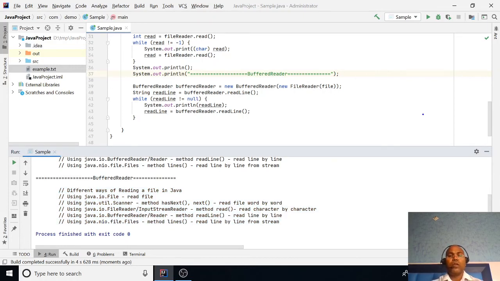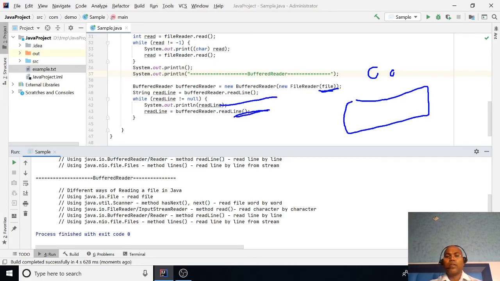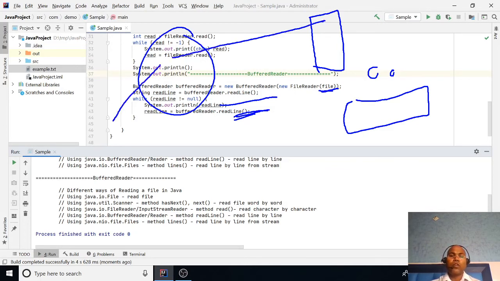Here we are not reading the file character by character, but reading one complete line, print it, then the next line, then the next line. Let's say this is your file system and this is your Java process. It reads one line and gives the output to the output directory, then the second line, then the third line.